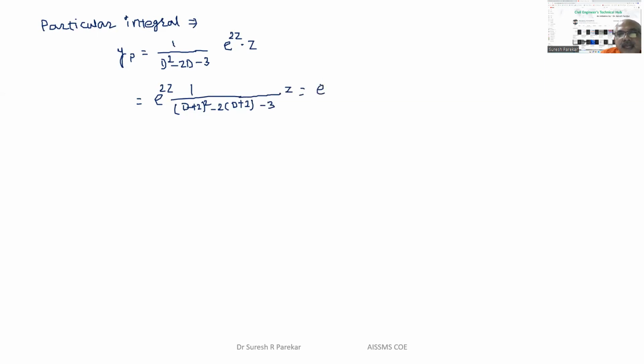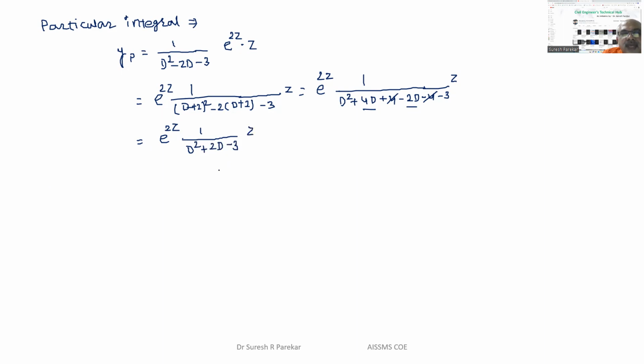And then from this we will get e to the power 2z into 1 upon, now solve this, d square plus 4d plus 4 minus 2d minus 4 minus 3, into z. So this minus 4 gets cancelled. 4d minus 2d, so it becomes 2d. So we are equal to e to the power 2z into 1 upon d square plus 2d minus 3 into